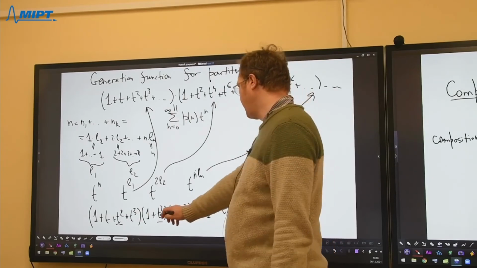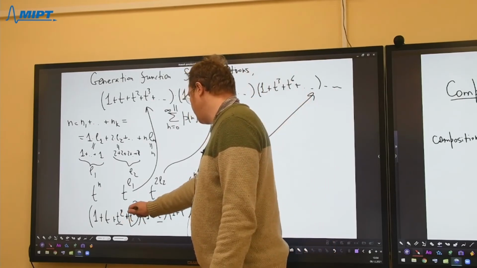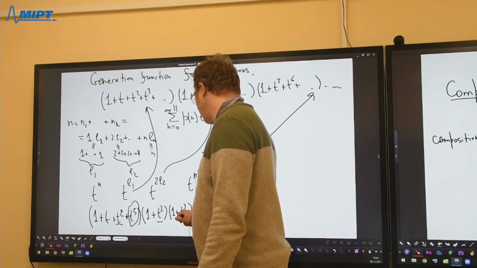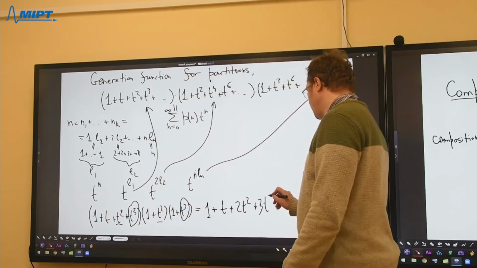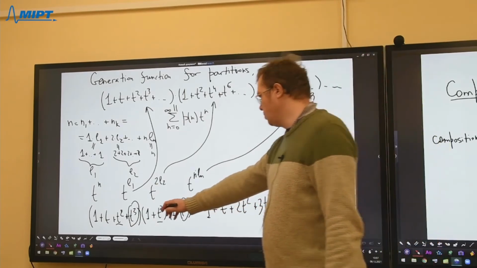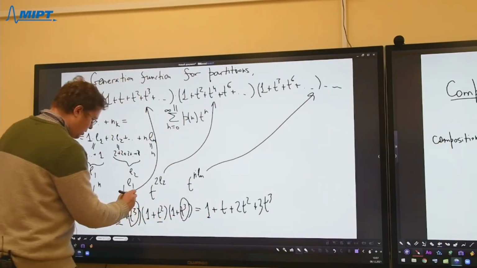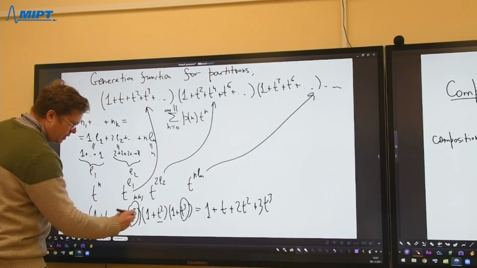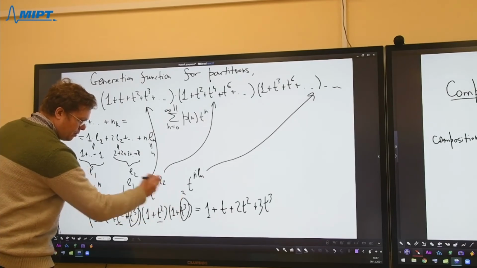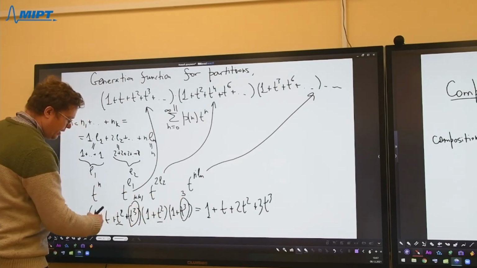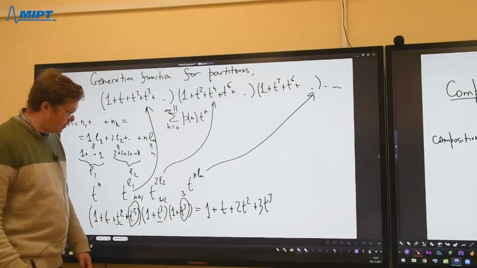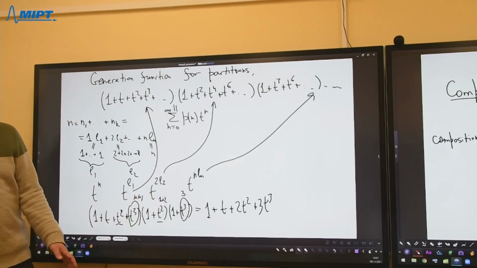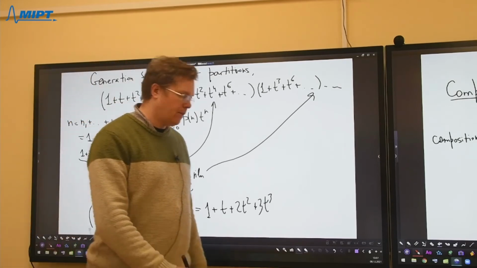And for cube, we have options to take t cube from here, or take t squared from here and t from here. So we will get the same number of partitions. T cube corresponds to 1 plus 1 plus 1, t cube here corresponds to partition 3, and t squared here and t is just 1 plus 2. So we have exactly 3 types of partitions, and we can continue and find the